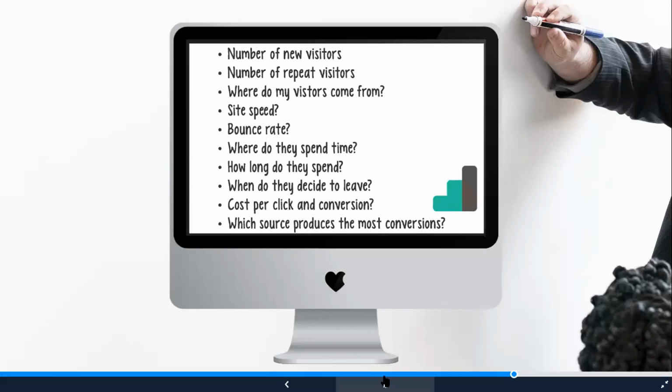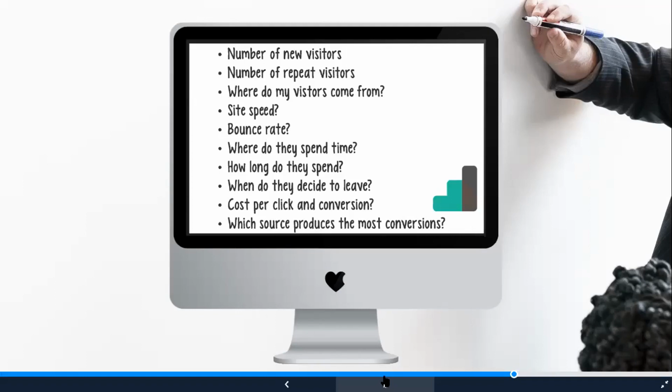You need to have that information available so that you can assess whether the campaigns that you are running are successful and which of them are most cost effective, which of them are giving you the best results.